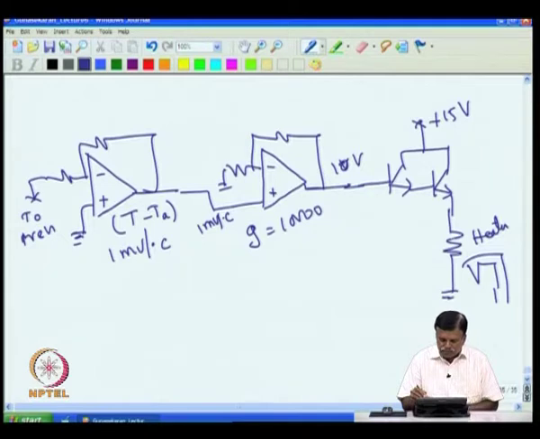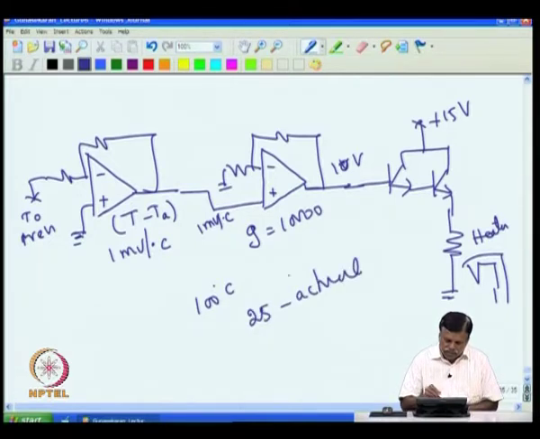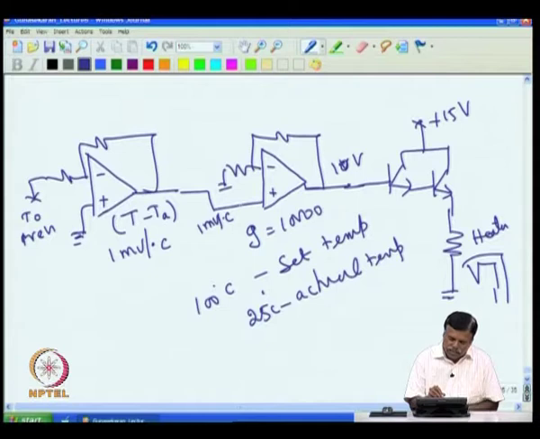Now if the set temperature is 100 degree C, and in the morning I come and switch on, and it is at room temperature, that is, 25 degrees C is the actual temperature. This is the set temperature. The difference is 75. I know that I will get 75 millivolt here, and 75 millivolt multiplied by 10,000 will give you 750 volt, and 750 volt cannot come. What is available is only 15, so 15 volt comes here, and here 13.8 comes and the heater heats up,